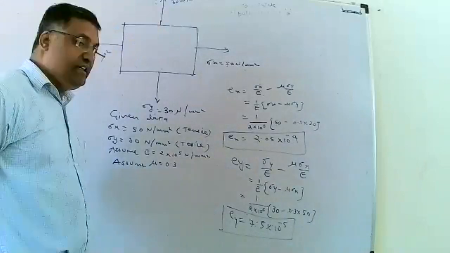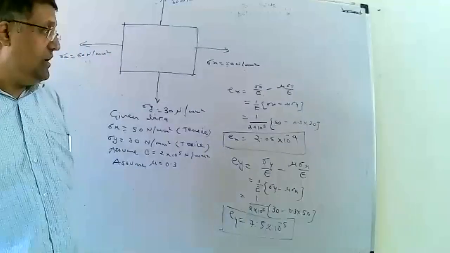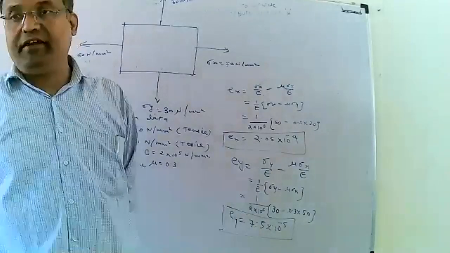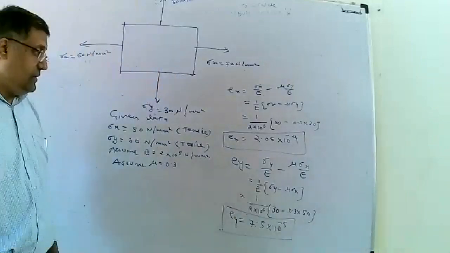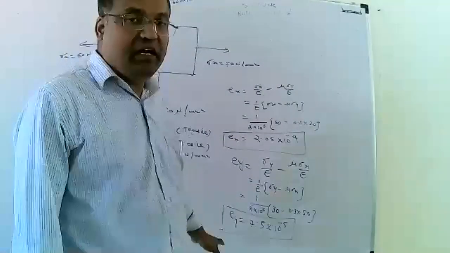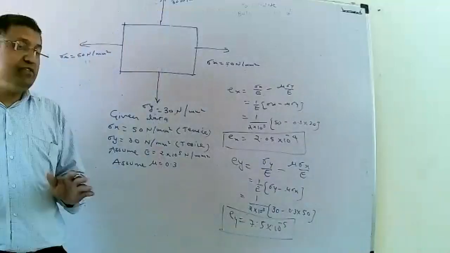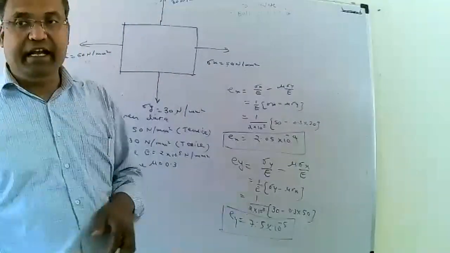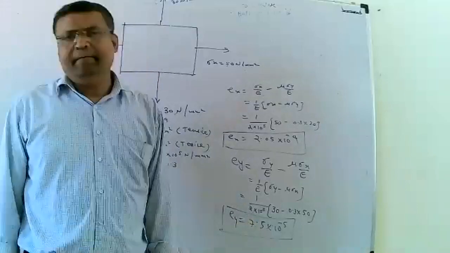The formula is the standard formula: Ey is equal to sigma y upon E minus mu sigma x upon E. Then we take 1 upon E as a common factor, and in the remaining term in the bracket, sigma y minus mu sigma x. Then we substitute all these values in that equation, and after simplification of the calculation, we find the value of Ey, the strain induced along the y direction. Finally we get Ey equal to 7.5 into 10 raised to minus 5.